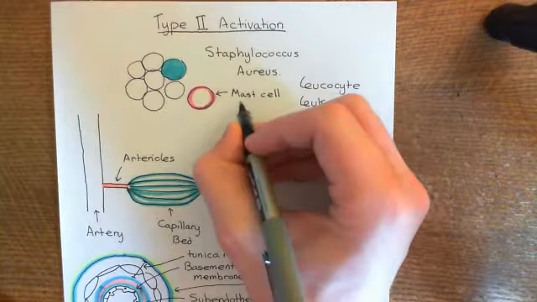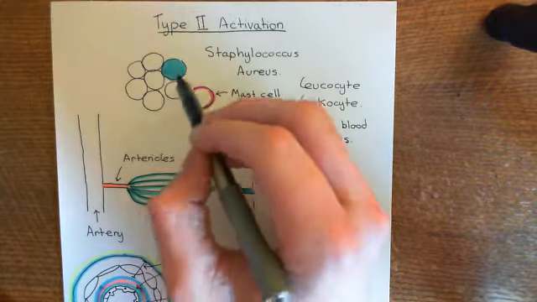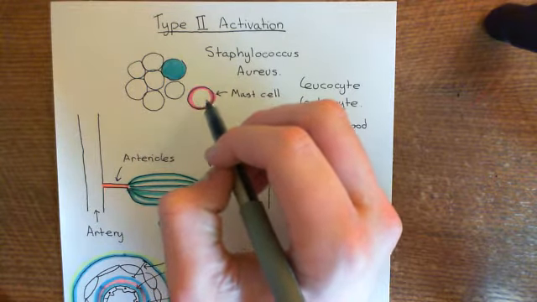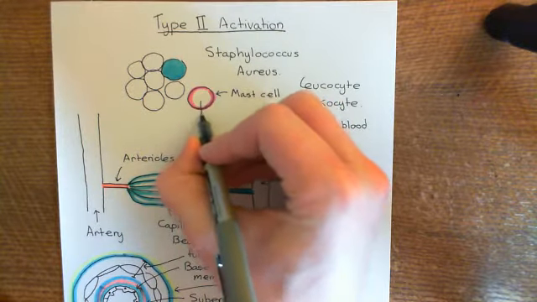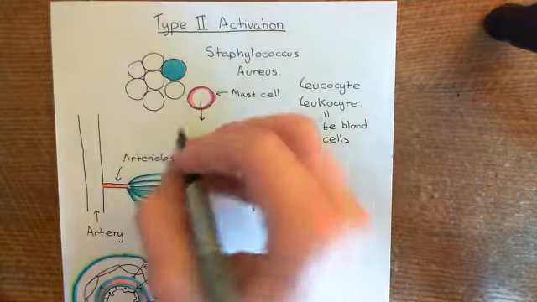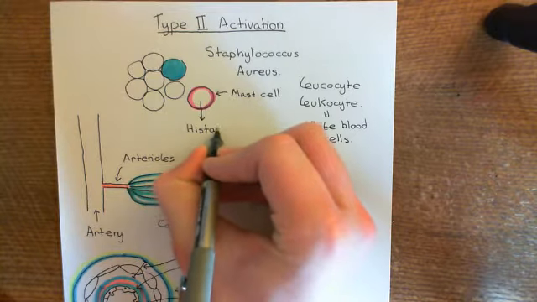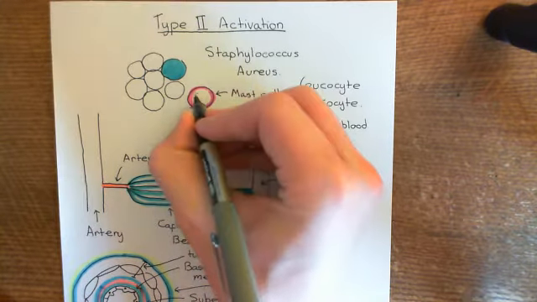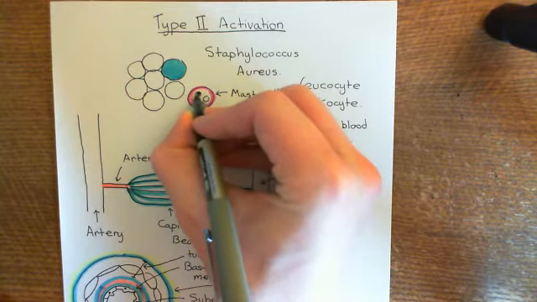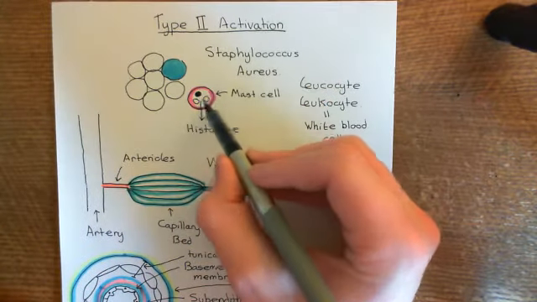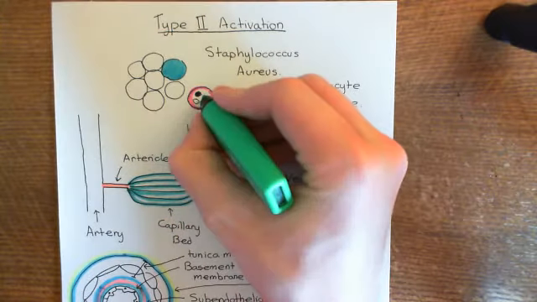Okay, now when the mast cells get danger signals, so when the Staphylococcus aureus is present, there will be all sorts of danger signals coming to this mast cell. Okay, and the mast cell is going to release histamine in response to these danger signals. So when the infectious agent is present, mast cells are going to release histamine. Now they have histamine stored within them in vesicles, so they're absolutely stuffed full of vesicles. So let me make one of these the nucleus, just to make it look more like a cell. But the other ones now, the other two here, they are vesicles, and these vesicles are full with histamine, which